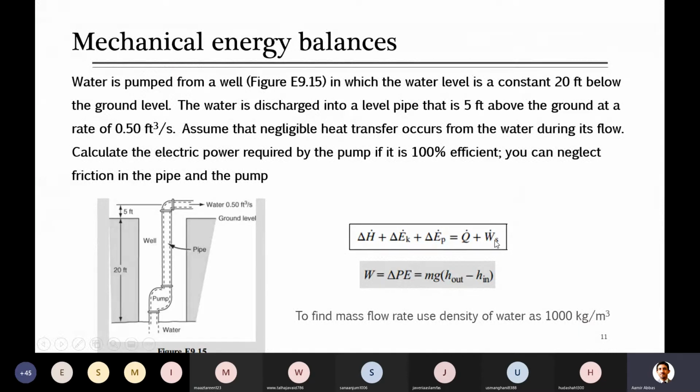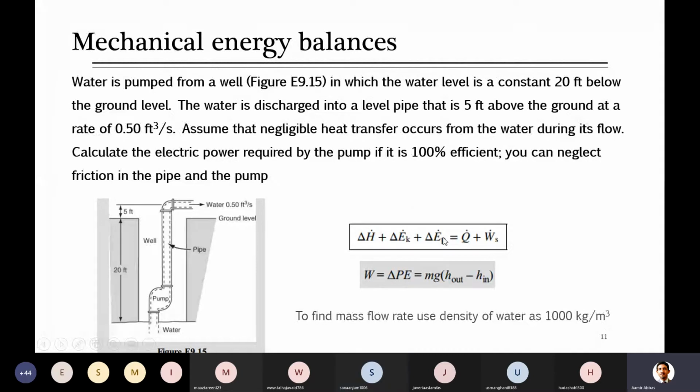So when there are pumps, turbines, compressors, remember, there will always be work done. So what about the change in enthalpy, entropy? Did he say anything about a change in temperature? No, sir. So it means you have to just neglect this, because he said to ignore friction. Otherwise, in case of friction, you know there will be a bit of increase in temperature, so you will just ignore this. What about change in kinetic energy? Is there any discussion about the mean velocity of water getting in, getting out? No. You don't have any such discussion.